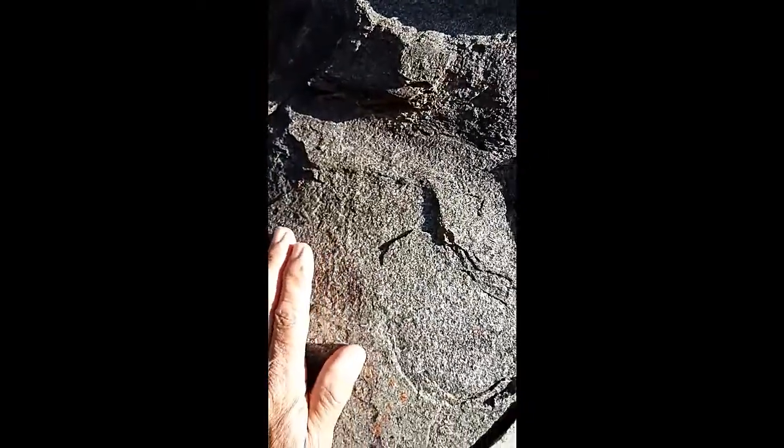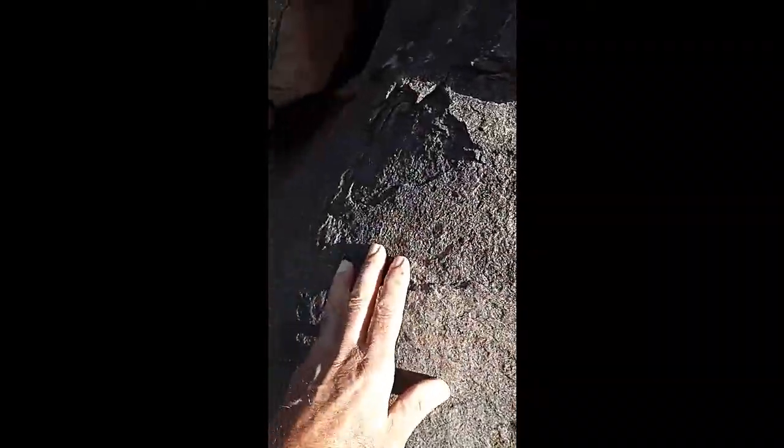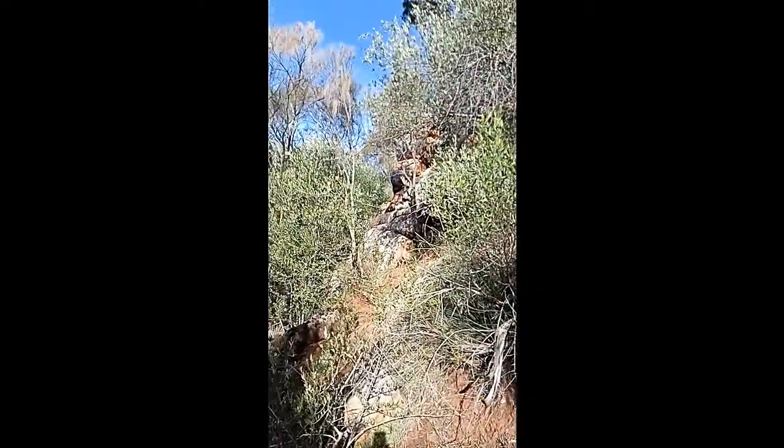This stone here I think is more of a sandstone. It's quite tough and fairly resilient. It's not soft like the limestone, so it's amazing how you get these different sorts of stones. Another small cave around there,